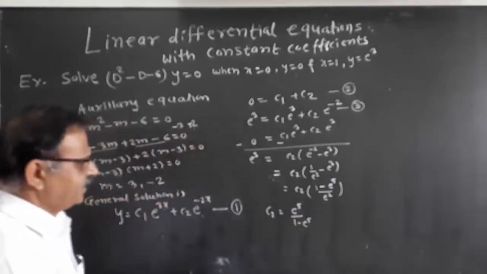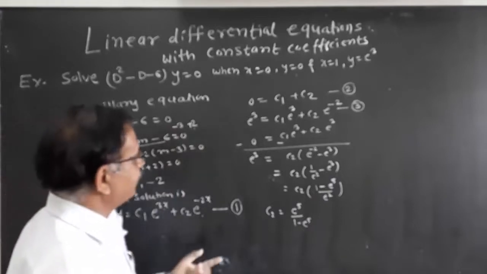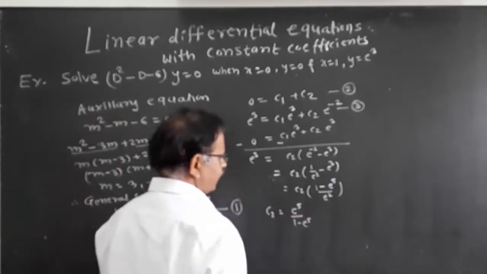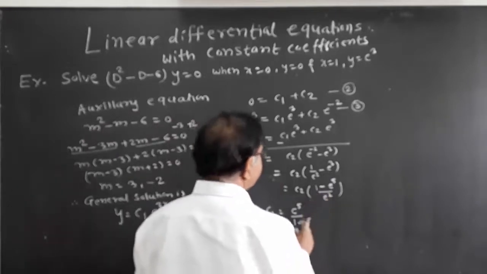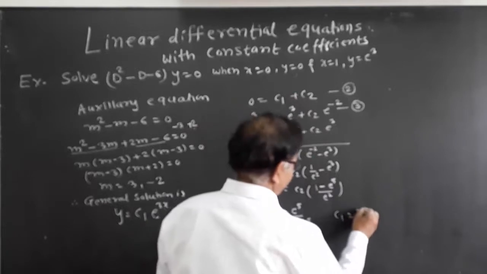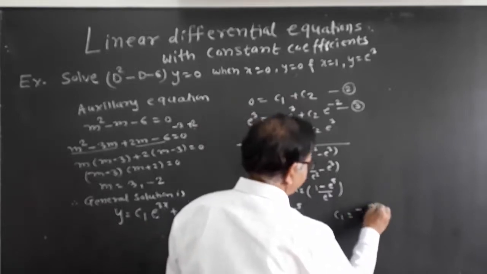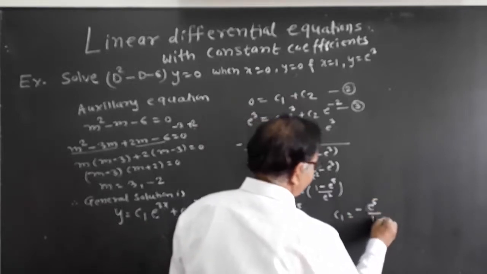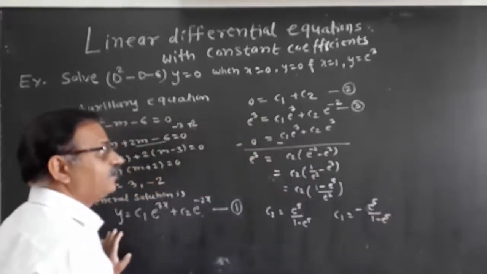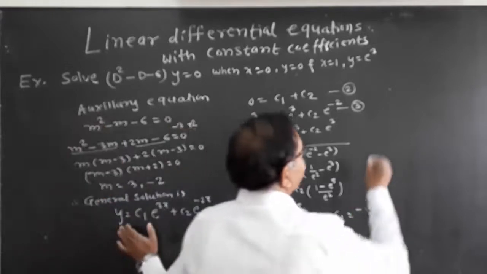c2 equal to e raised to 5 divided by 1 minus e raised to 5, because e square into e cube is e raised to 5. If we put this value in equation 2, I will get c1 equal to minus e raised to 5 divided by 1 minus e raised to 5. Thus, the particular solution becomes